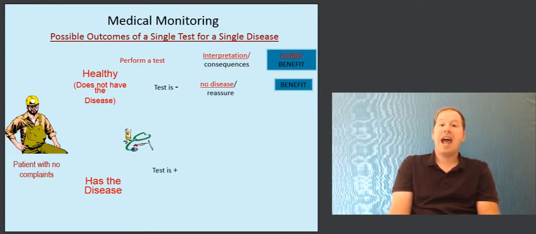Conversely, if the person has the disease and tests positive, that too is a good thing, because there's a disease and we're allowed to early diagnose that disease in the person. And so in asking whether that's a harm or a benefit, of course that too is a benefit. If we can find out about the disease earlier, there's a greater chance that doctors can intervene to help the person alleviate the condition or even to cure it.